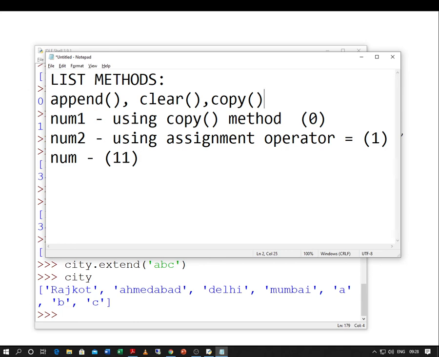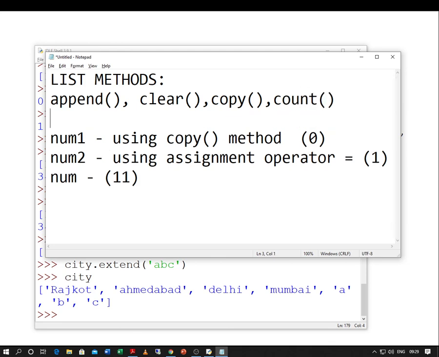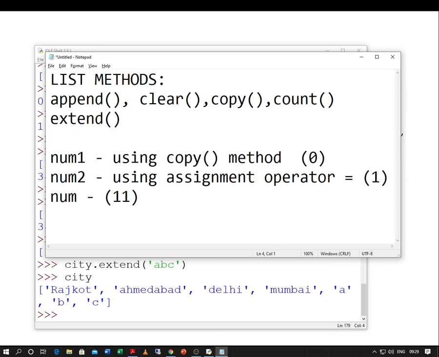So we include the count method and we include extend, append, clear, copy, count, extend. So in this session we have studied 5 methods as far as a list is concerned.